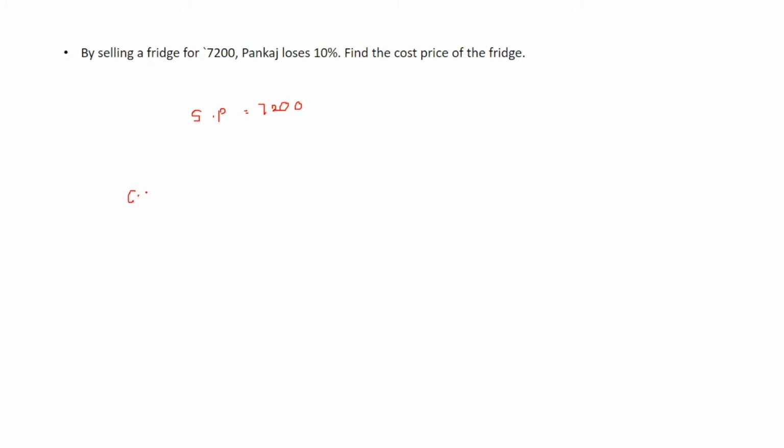Okay, so the cost price was something, but he lost 10%. So what that means is, he earlier had 100%, but now with 10% loss, at what percentage is he selling that product? 90%. So 90 by 100 equals 7200, right? This you can solve. So 9 will go in the denominator. If you cut 9 down, it comes out to be 72. That means it's 8, right? 800 into 10, that comes out to be 8000.